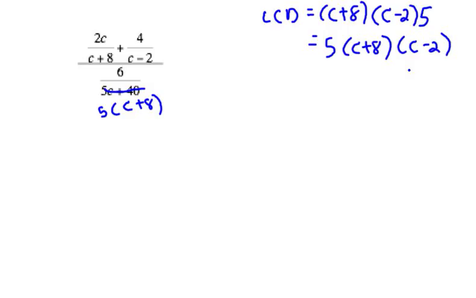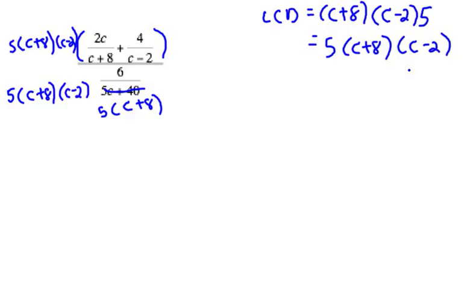So I'm going to multiply my numerator and denominator, this being my numerator, through by 5 times c plus 8 times c minus 2, didn't give myself quite enough space here, and my denominator by 5 times c plus 8 times c minus 2. So now I'm going to take these fraction by fraction. When I look at this one, what cancels out here is my c plus 8, so I have to multiply 5 times c minus 2, times the 2c that I already had,